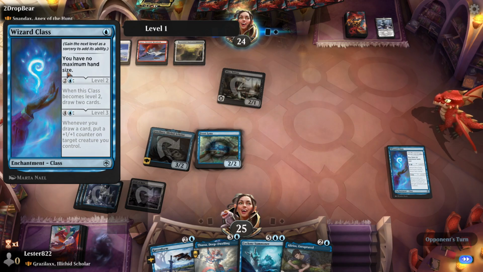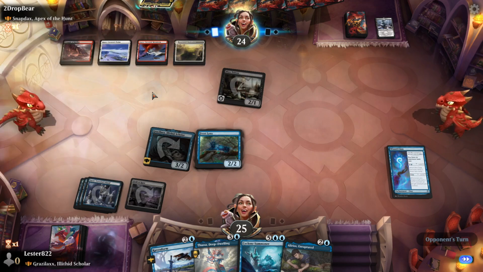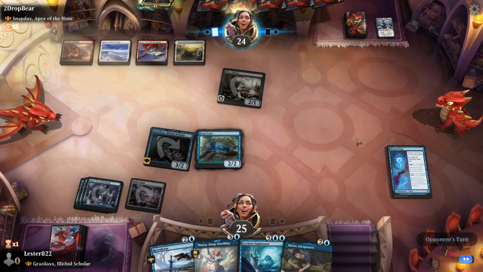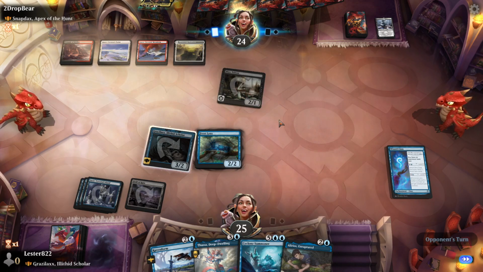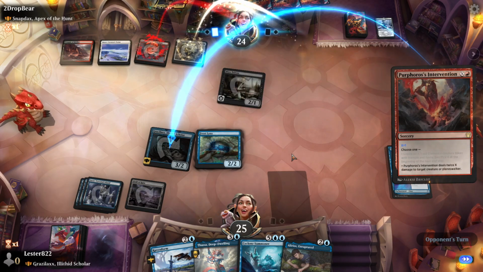And then it's a 4-cost divination that if we can get to this mode, it says whenever something hits, you get to put a counter, which then means it's easier to hit. So Wizard class kind of does what we're trying to do. When you have a commander that draws cards, a card that cares about drawing cards is probably good. Snapdax can't come out yet, but when he does...